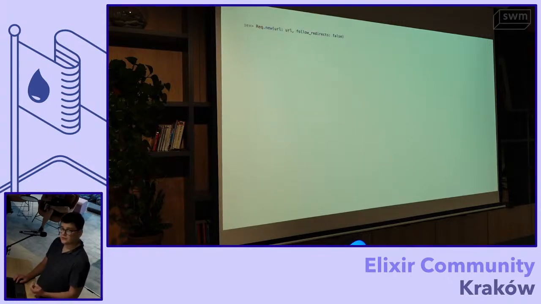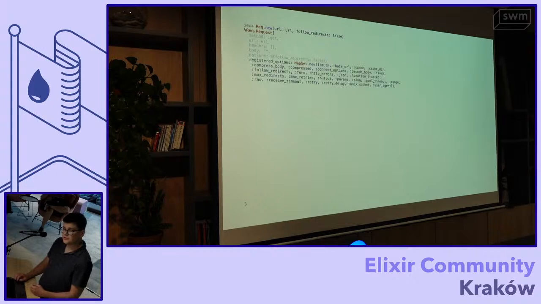So let's talk about the request struct. If we call this Rec new that we've seen, here just for the presentation, I'm passing 2 options, the URL and follow redirects set to false. We would get back the struct. We have the basic HTTP stuff: the method, URL, headers, and body. We keep track of the options that were given. Here we store follow redirects, so that the steps can look at the options and do some logic based on these. We actually keep track of all of the available options, and we're going to talk about that later on.